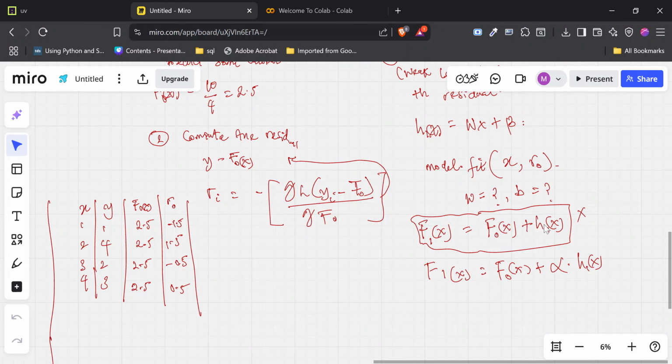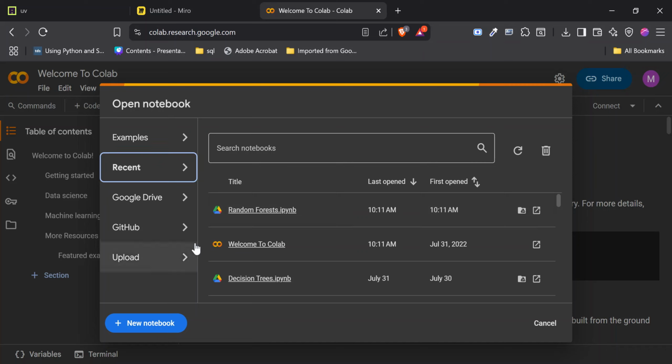So let's say our h1 of x predicts 2. Instead of saying 2.5 plus 2, which is going to give us 4.5, if we choose learning rate alpha equals 0.1, so 0.1 times 2,